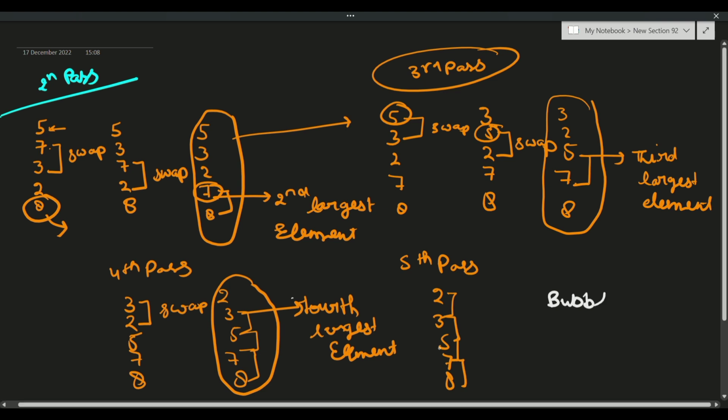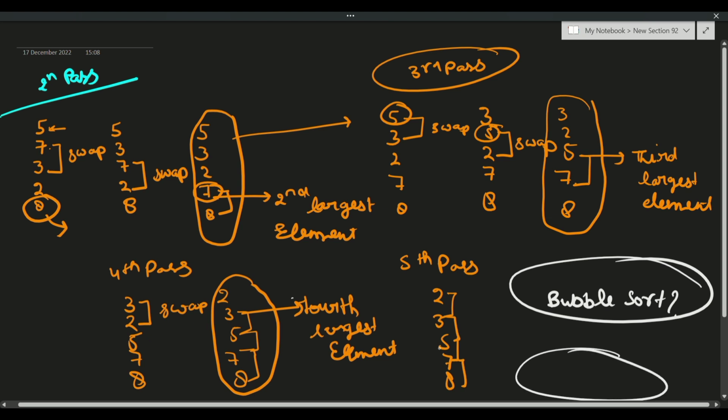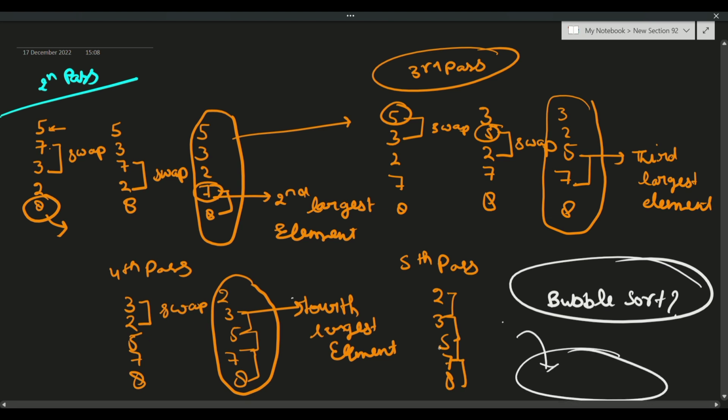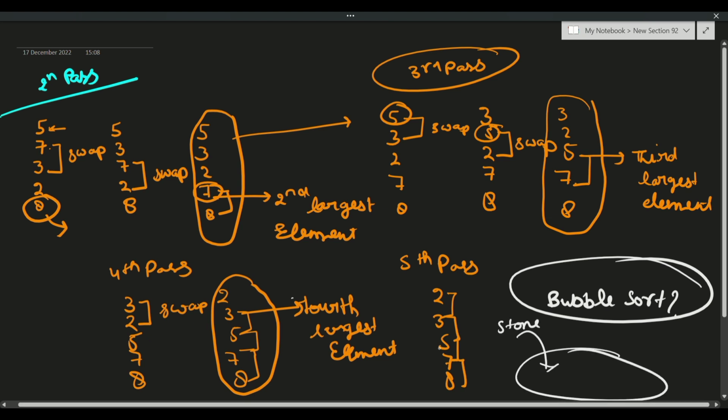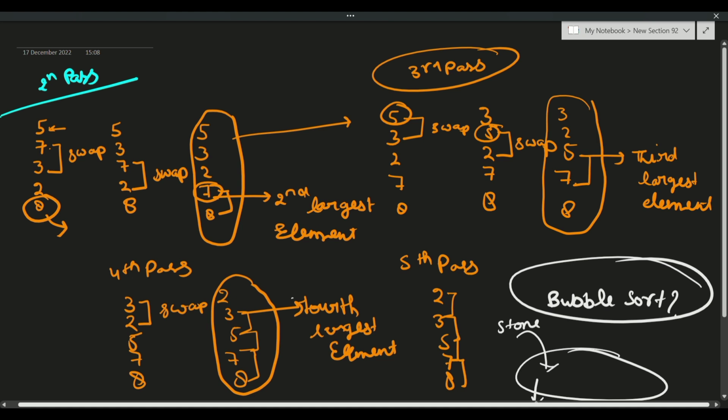आखिर इसको bubble sort ही क्यों कहा जाता है? सबसे पहले तो क्वेश्चन यही है कि बबल सॉर्ट ही क्यों कहते हैं. So understand here that you know, this is a pond and we throw a stone here. If the stone is bigger, what do we expect from that stone? It will go down, away from the surface of that pond. If your stone is not heavy, then it will come upward.